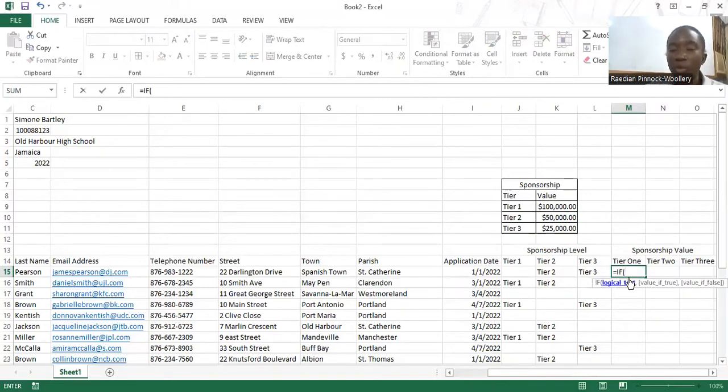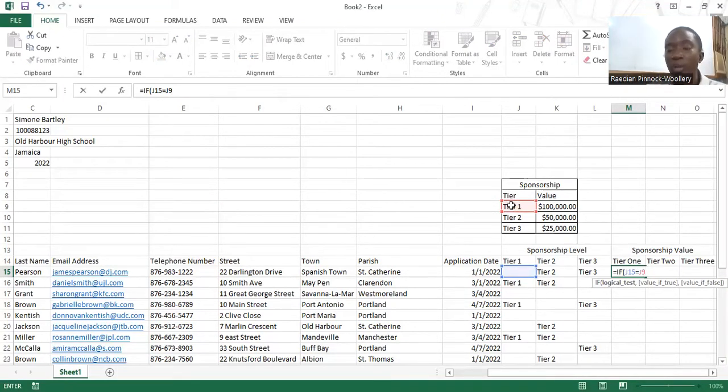What we're going to do is check to see if the value inside each tier cell looks like the entry inside the sponsorship table. So I want to know if this tier 1 here looks like this tier 1 here. So we check to see if it is equal to this tier 1. And if it is equal to it, then we're going to set, in fact, before we put in the comma,